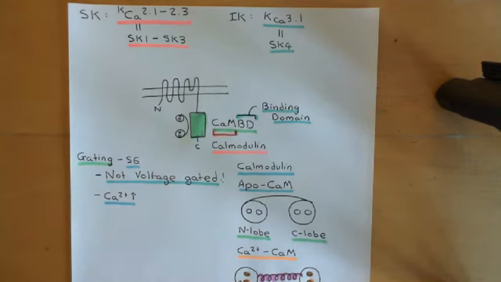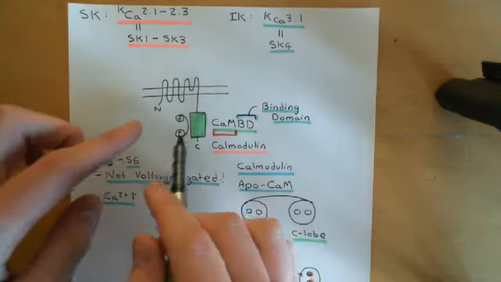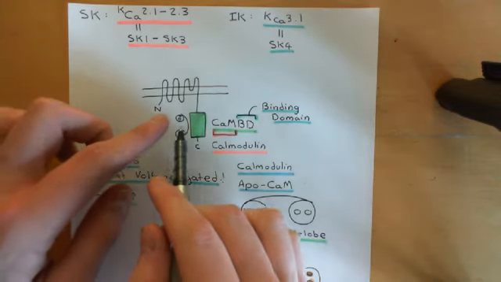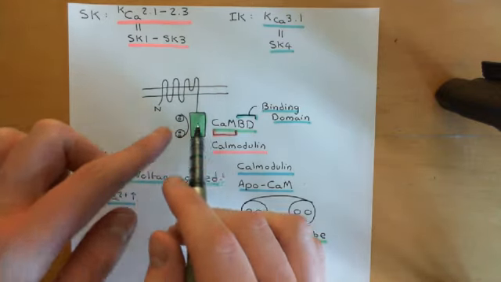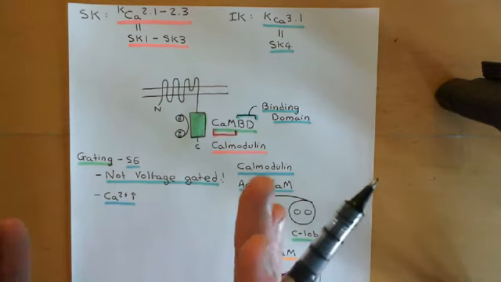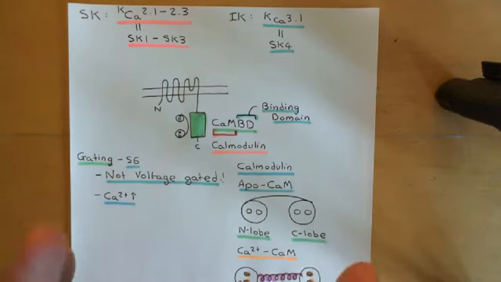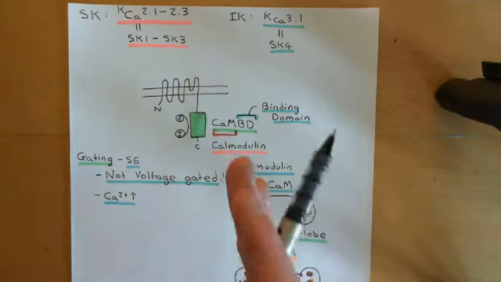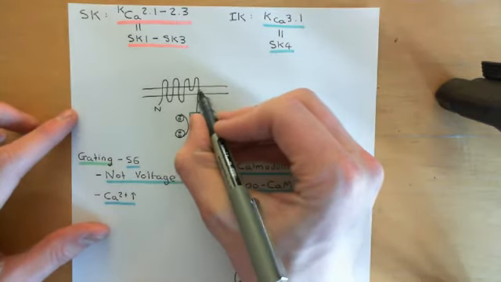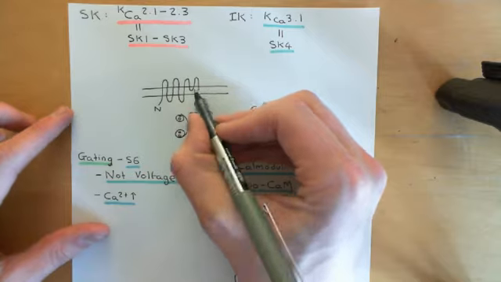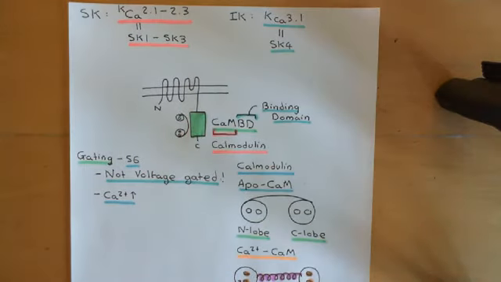They're going to turn now into calcium-calmodulin complexes, and then that conformational change in the calmodulin molecule will cause a conformational change in the calmodulin binding domains of all four of the alpha subunits of our SK or IK channel, and that will then pull on the C linker here, which links you up to the S6 helix up here, okay, and that is then what's going to pull the S6 helices outwards,